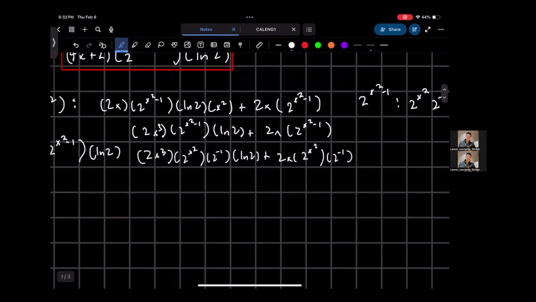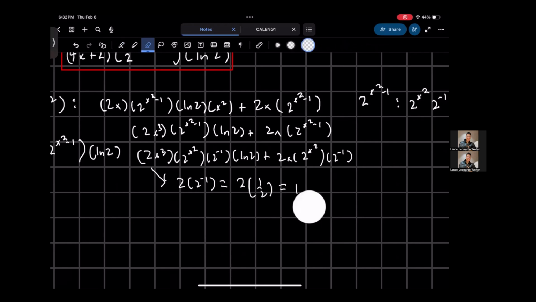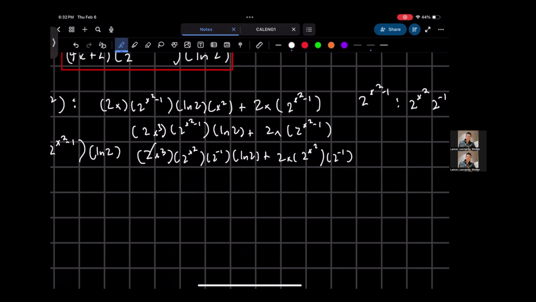Now, what do you notice about 2 times 2 raised to negative 1? This is just going to be equal to 1 because 2 times 2 raised to negative 1 is 2 times 1/2, and that's just equal to 1, okay? So with this, we just cancel these terms out, and you will have 2 raised to x squared, and then you have an x cubed here, ln of 2